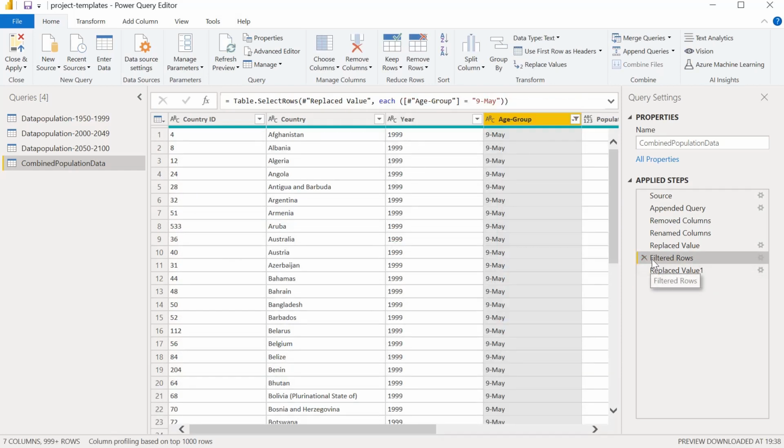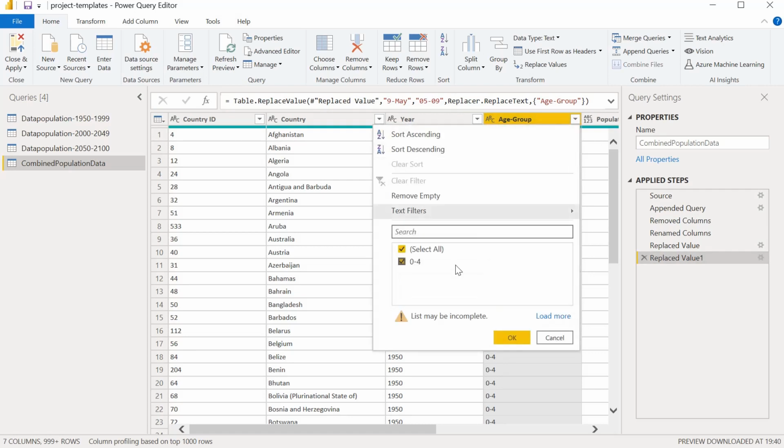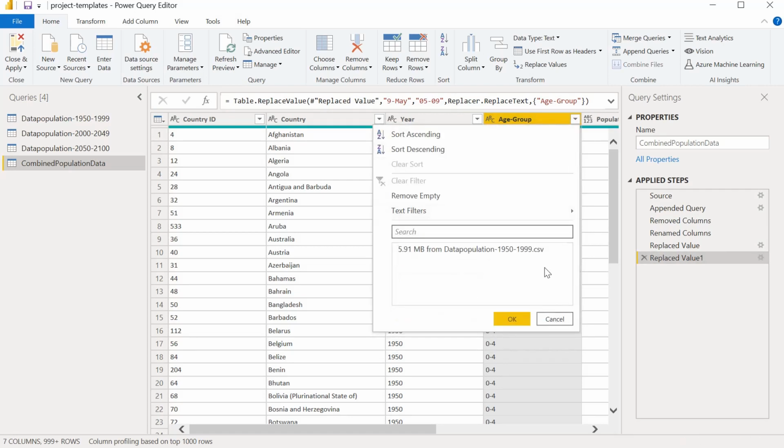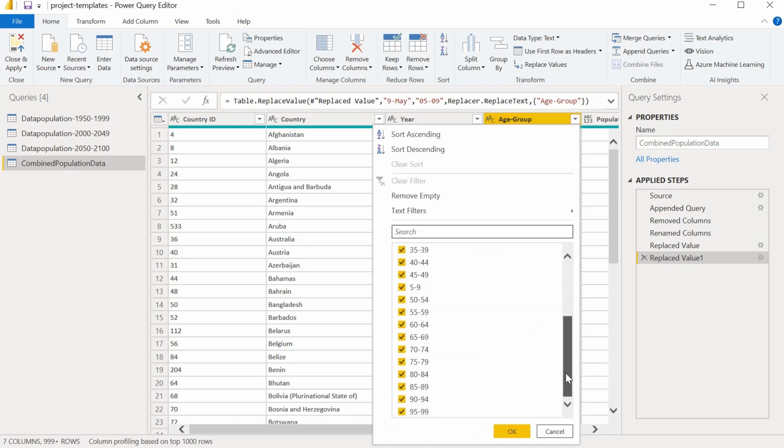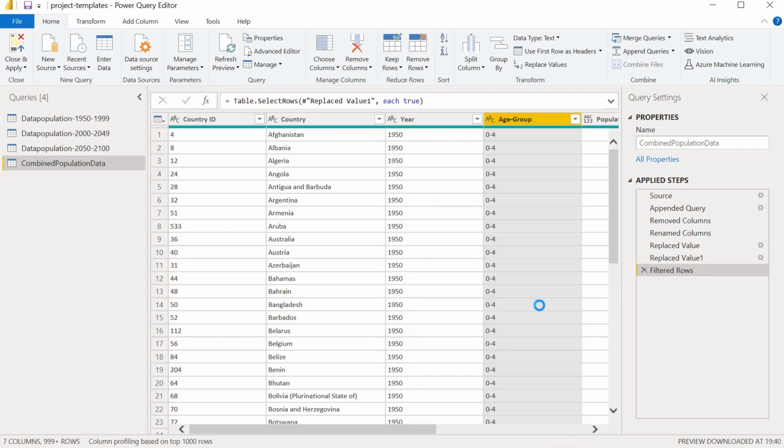The easiest thing is, whatever filter we have, we can just remove it so that it will show up all these values. Now you can see all the values are there, and we don't have anything like a month name anywhere. So this is how we can clean our data, and this is very useful.